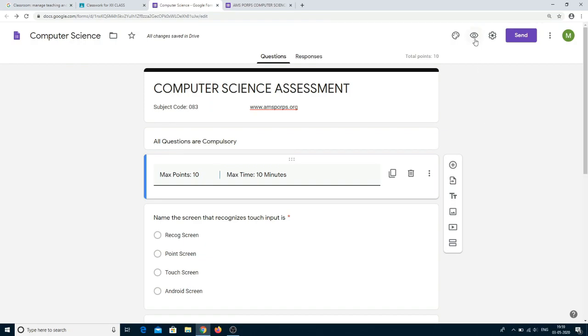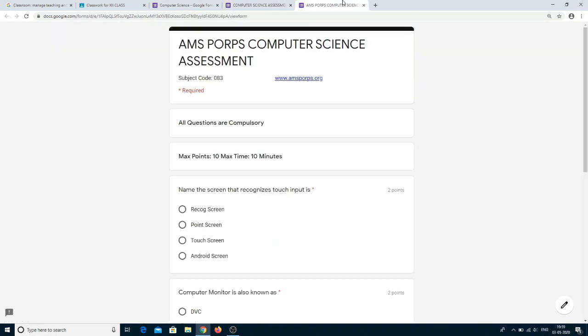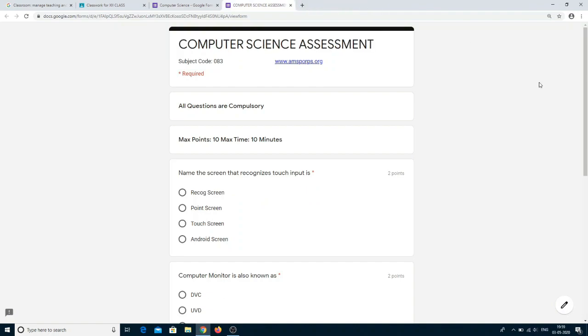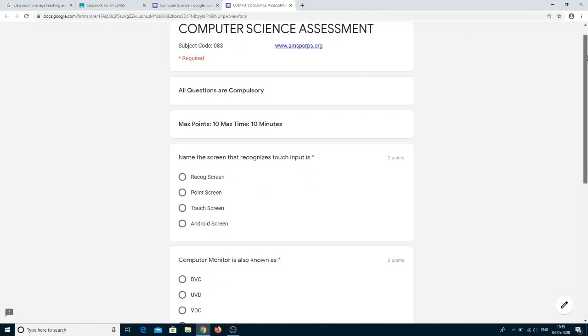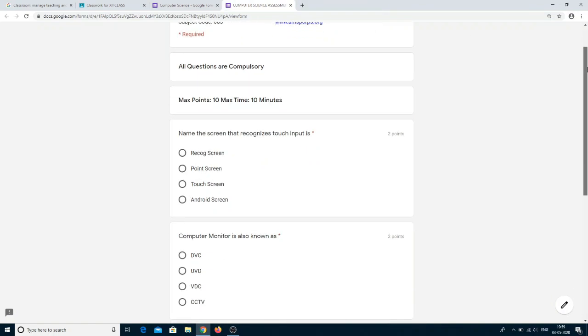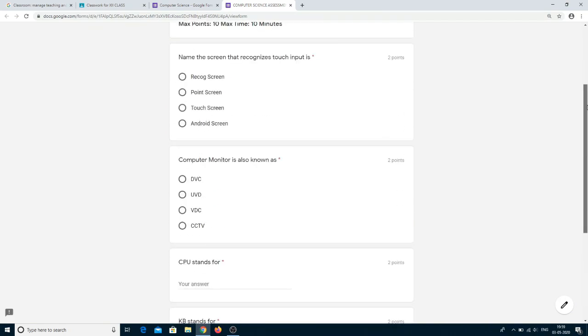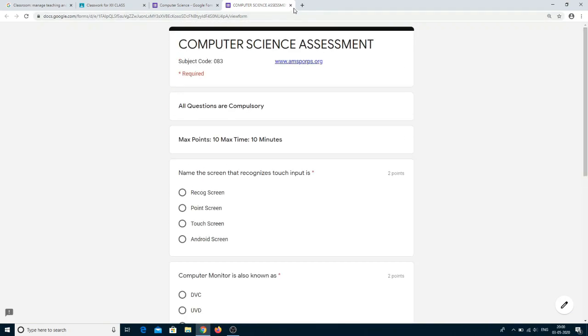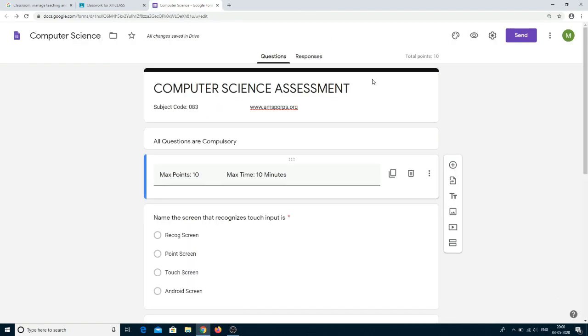After doing the changes, again you can click on preview and see the preview of this particular form. So it is looking like this: maximum marks, maximum points, and all the 5 questions. So everything is perfect here. Now once this form creation is completed, here I'm giving a little bit of comma.